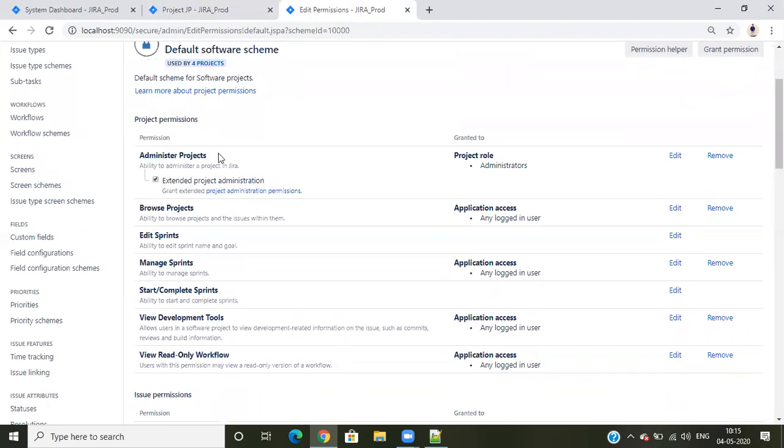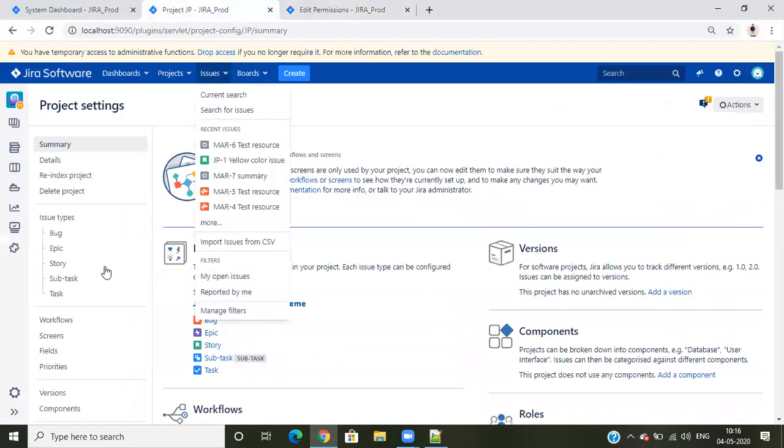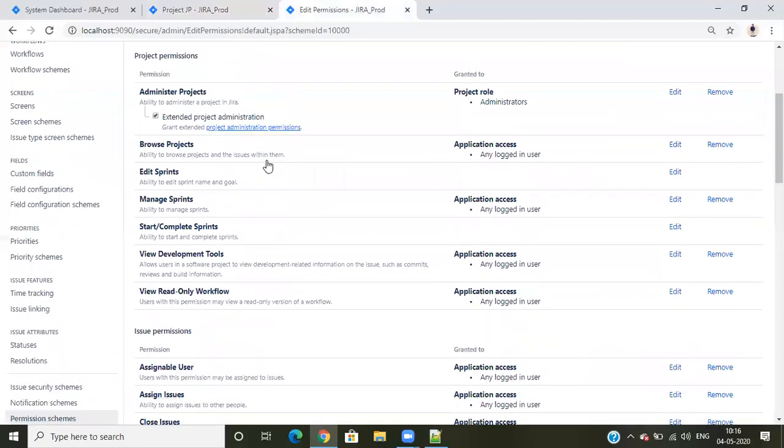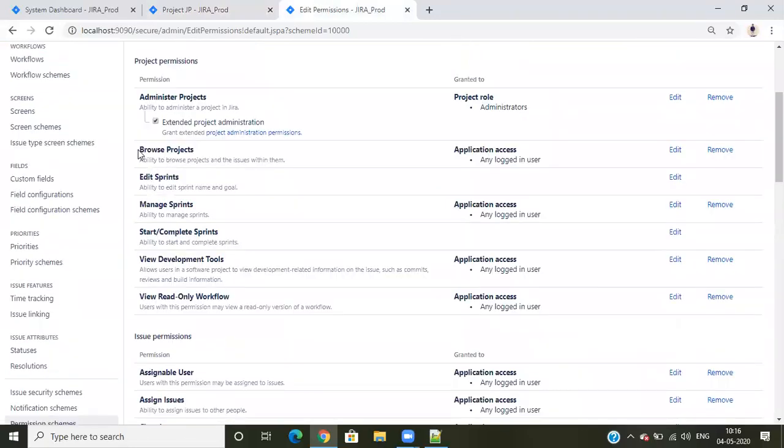Administrator projects means if you add any persons here, if you grant access to any group or any role, any persons, the person will get project administrator access. Project administrator means the project manager can access this project settings button and can see the project configurations.